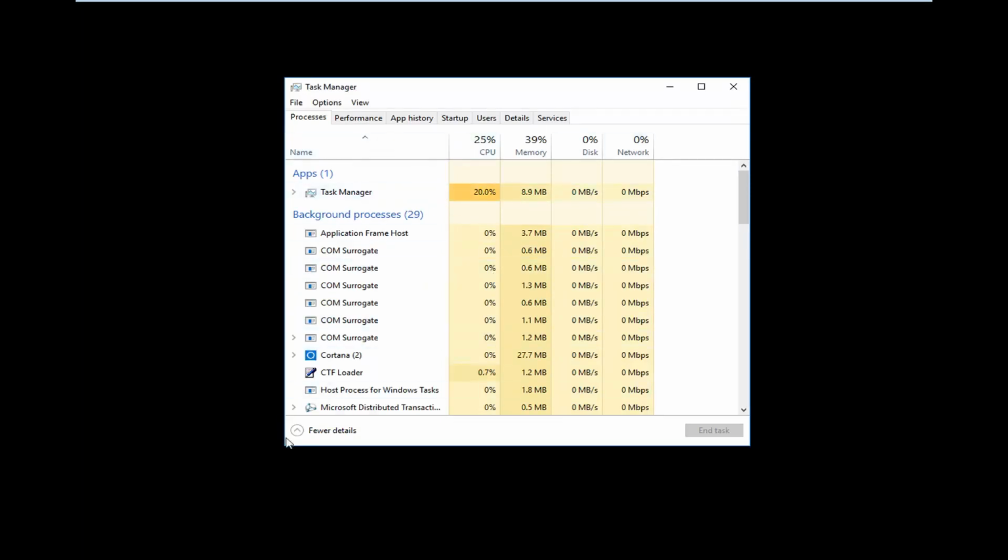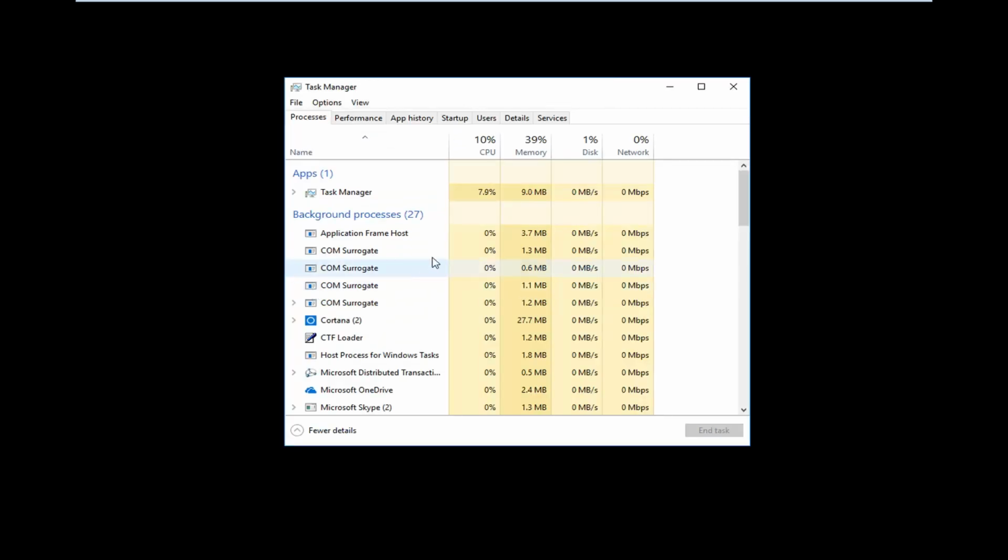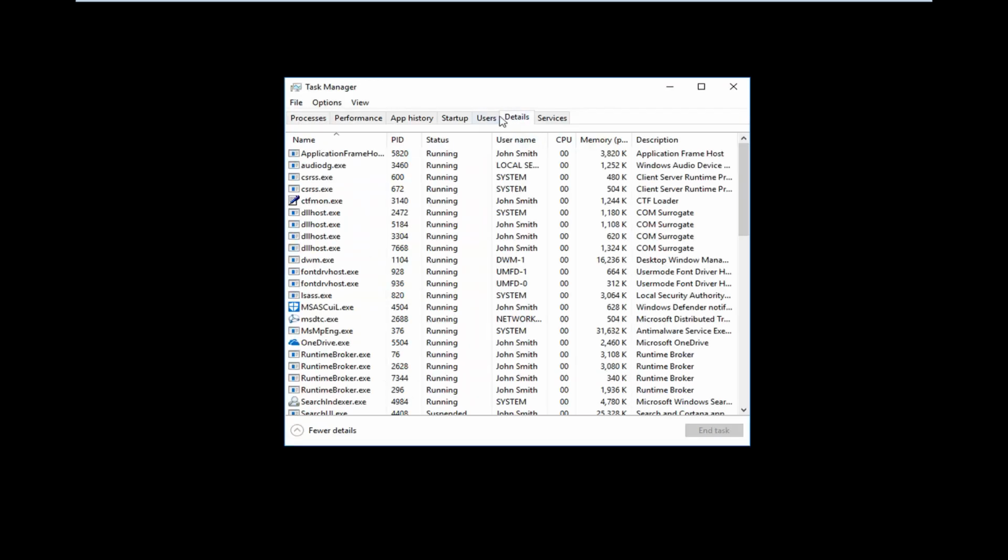Once you have a screen that looks like this, or if it looks like this, you want to left click and expand more details. You want to left click on the Details tab up at the top. And now on the left side here, if you see anything that says Explorer.EXE, you want to right click on it and then left click on End Task. Again, since we do not have Explorer.EXE in here, and you can see that because it's ascending order alphabetically,